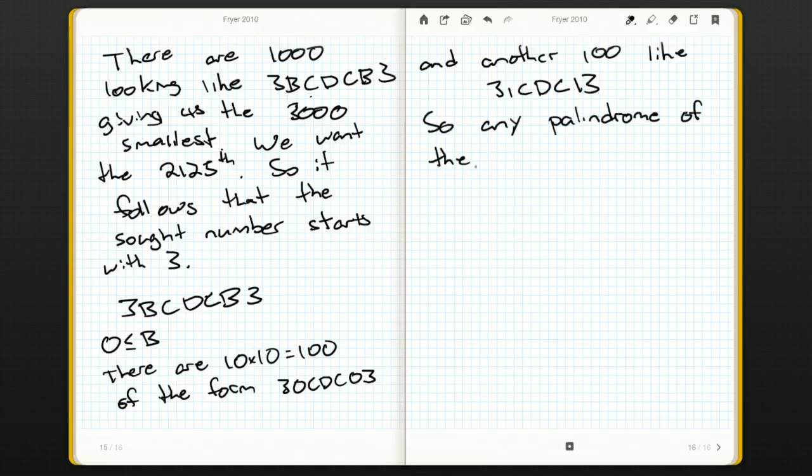So let's just stop and explain a bit more of what we're doing. Any palindrome of the form 31CDC13 has 2,100